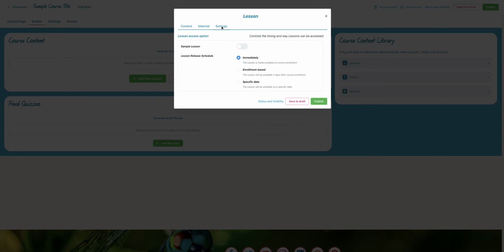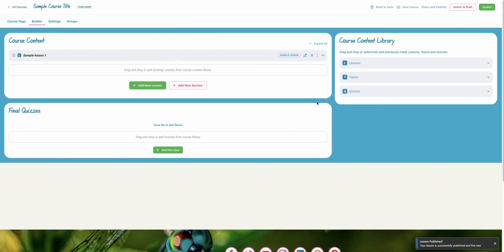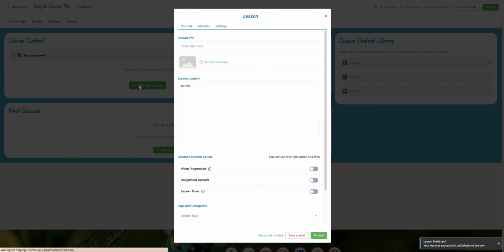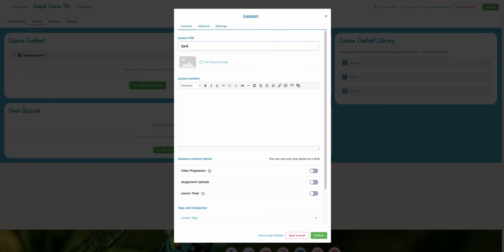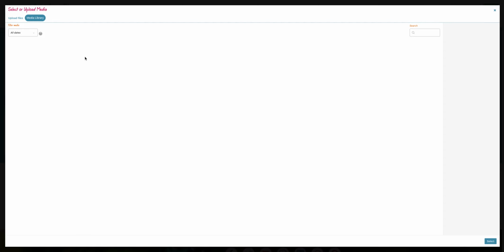and then if you want to add any settings, you can say how soon they can enroll, whether they can enroll in a certain amount of days or on a specific date, or if they can access it immediately. I'm going to say access it immediately, and then I'm going to publish it. And then I'm going to do a second one, sample lesson 2. Add an image,